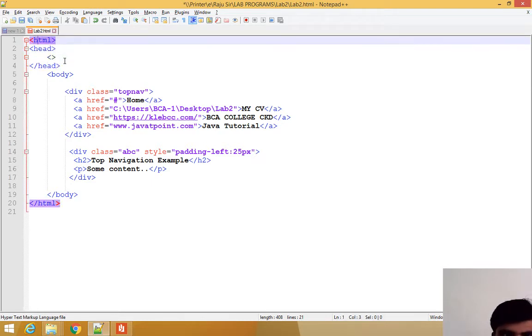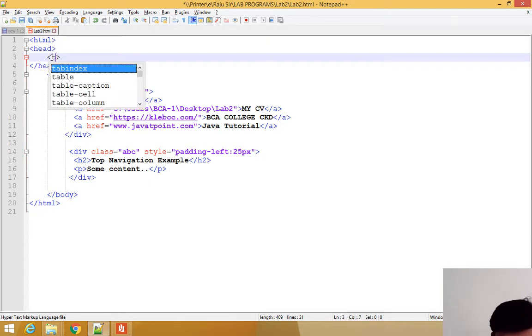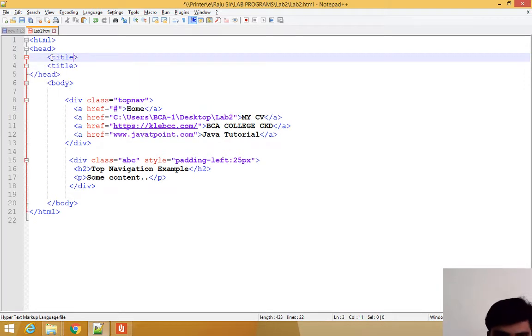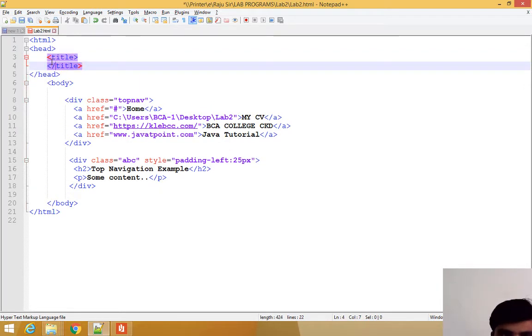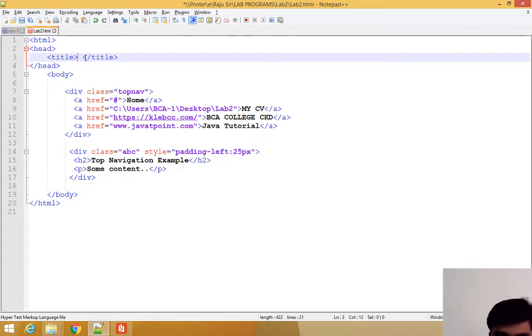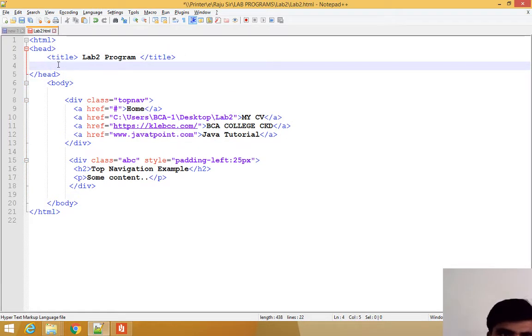Here you can use the title, then close the title. Here this is the navigation or lab 2 program. This is the title of our document, displayed in the title bar of your browser. In the head section we are writing the CSS code.